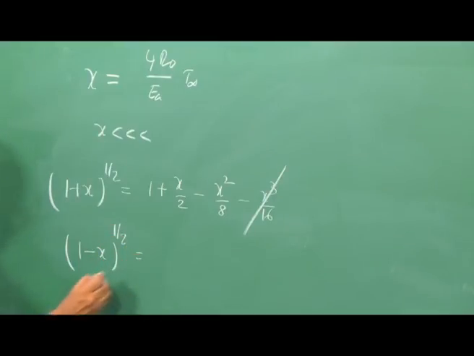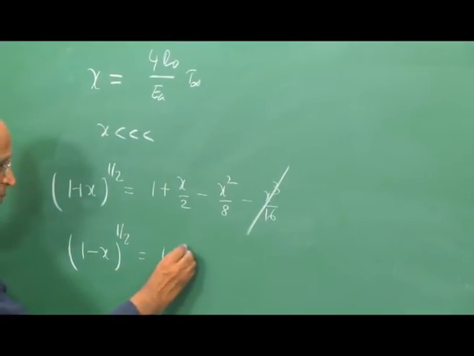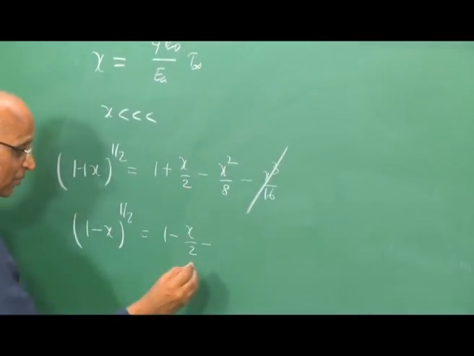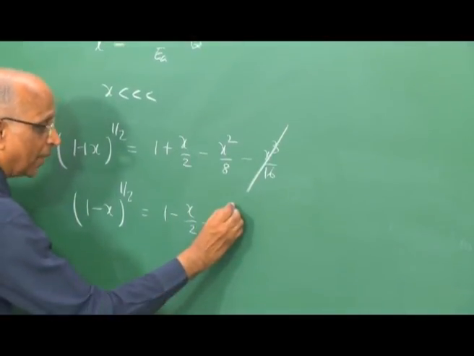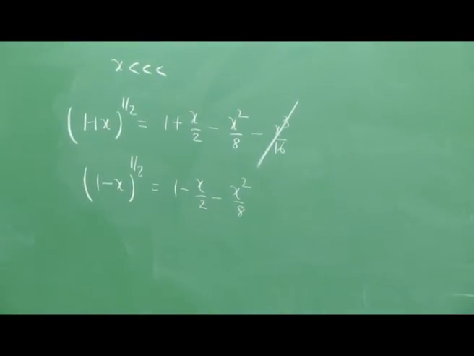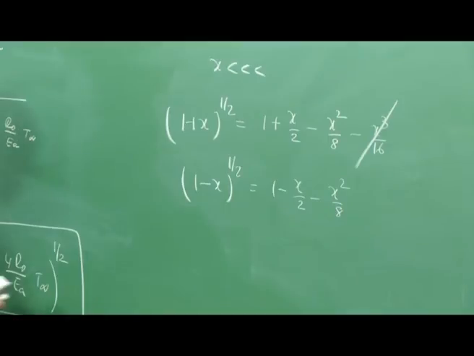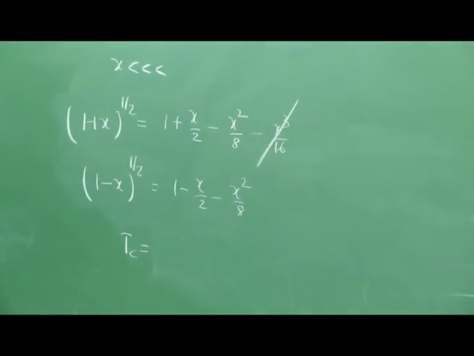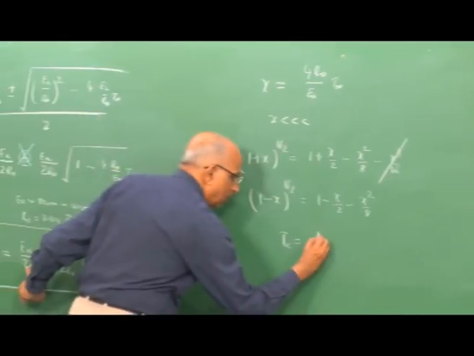I substitute this, I get the value as 1 - x/2, and x squared then still gives me the negative value, I get minus x²/8, and I substitute the value here, and ultimately what is it I get? I get the value of T_c as equal to E_a/2R_0